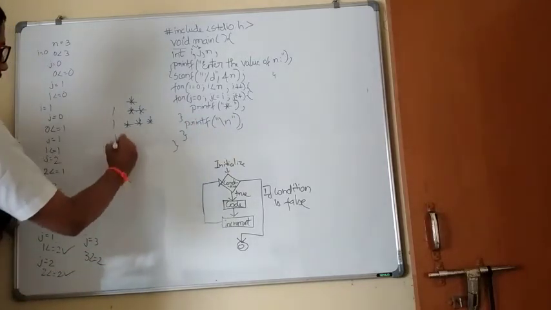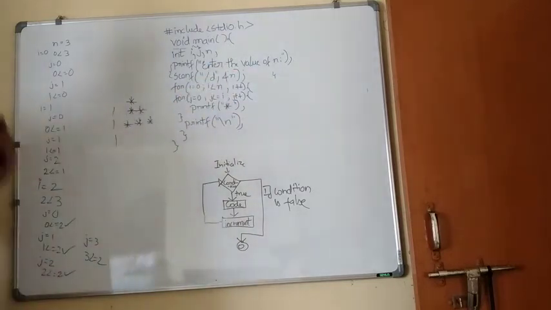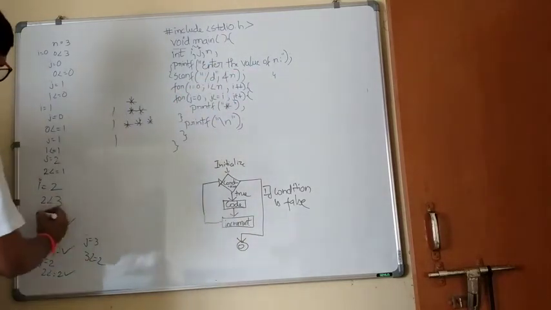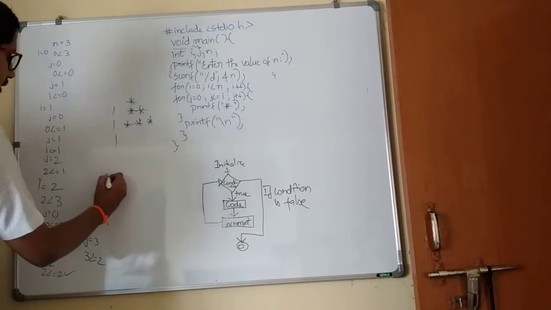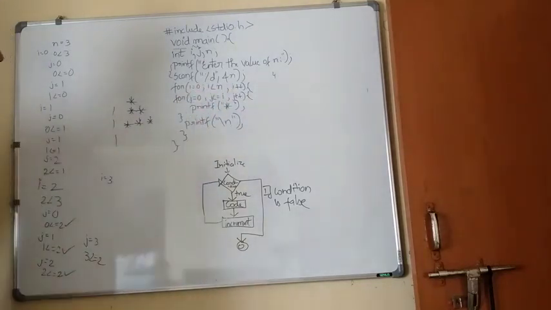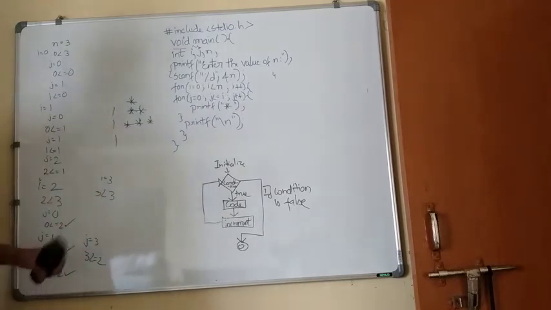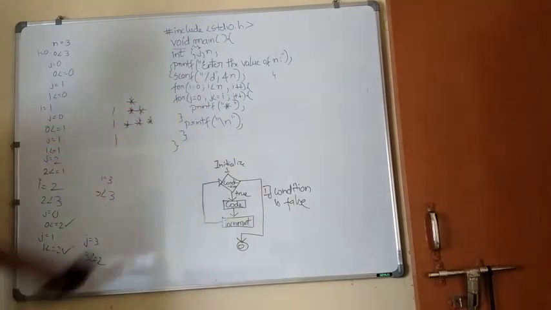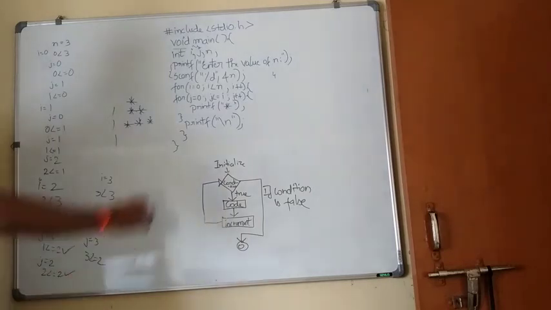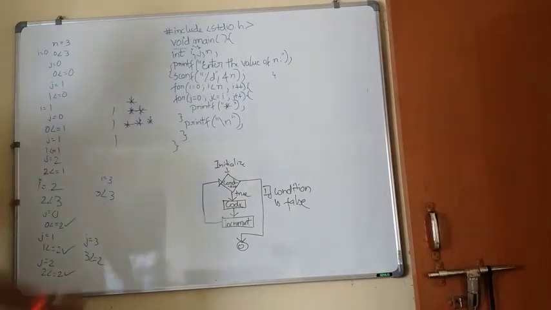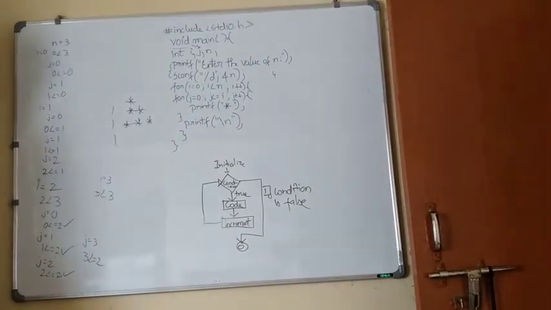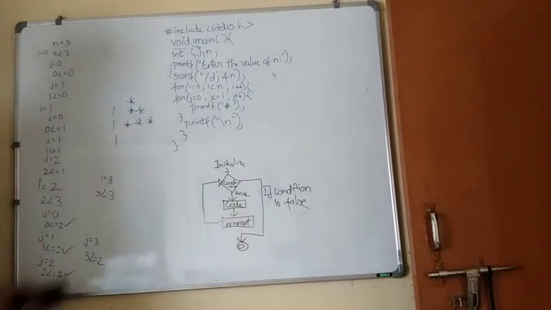So the cursor goes here now. Again this for loop. Now again, i was 2. Now i is made 3, right? Then the condition is checked. Is 3 less than 3? No. So it comes out of the outer for loop, and then it reaches the end of the program. So this is how the stars will be printed. We can check it by taking n equal to 4.